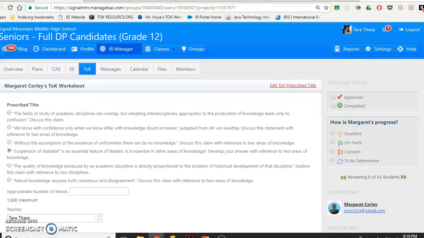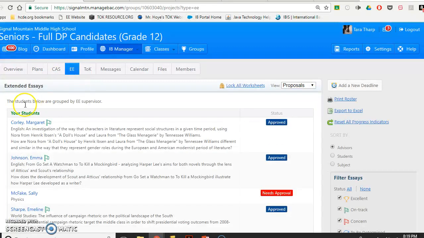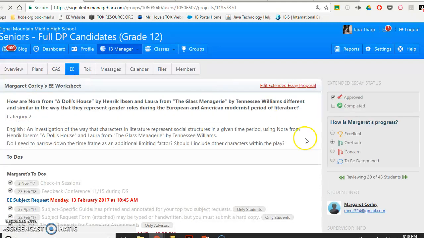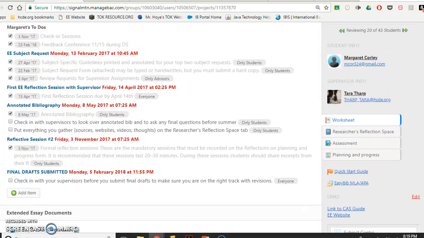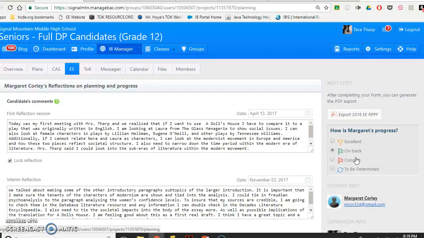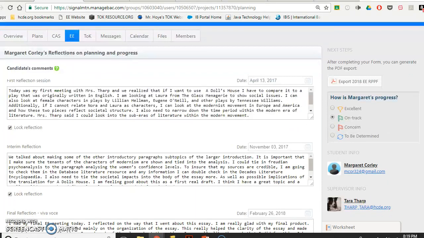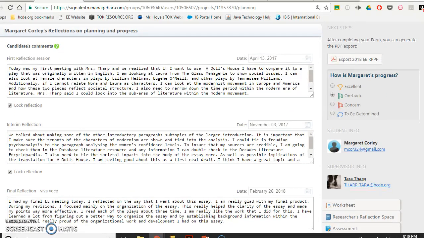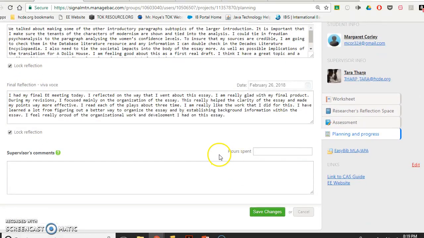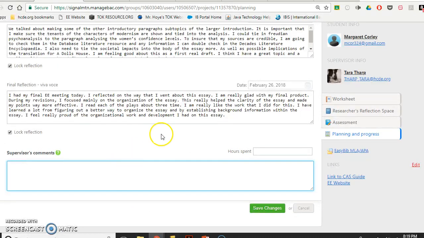Also, let's look at EE for a second. So again, I'm going to look at Meg, and y'all have been using the planning in progress form, and that's where you've written your 3 reflections, which add up to 500 words. So you might want to double check that. And then y'all don't see this, but we do. So we're going to put our supervisor comments here and how many hours we spent with you. And so this whole document,